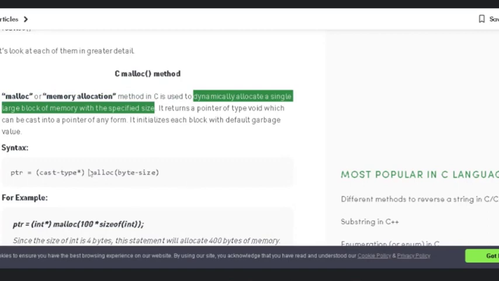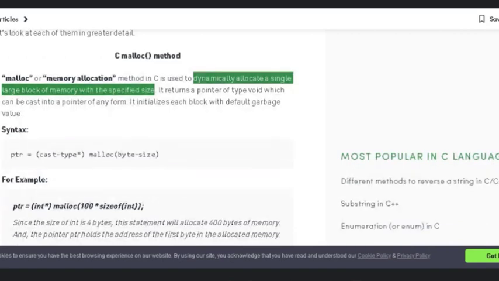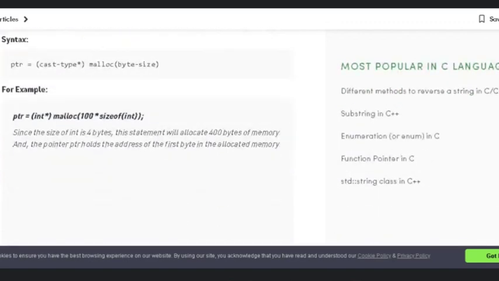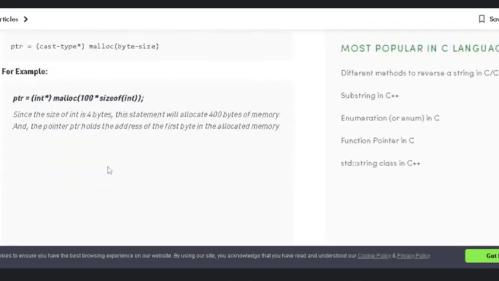So this is the syntax of using the malloc function. A pointer variable is assigned a value of cast type and malloc with byte size, that is n into the size of integer. For example, if it is an integer variable, you can see the example is also given, similar to the one that we have.